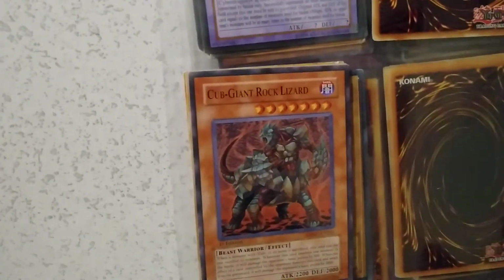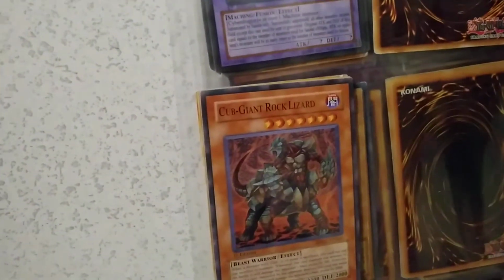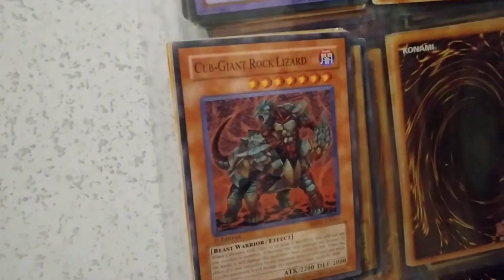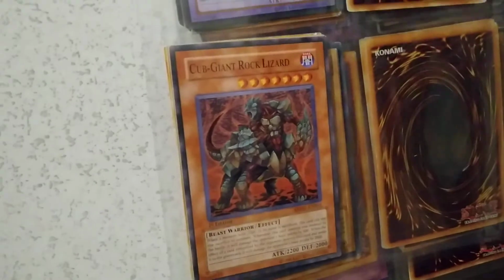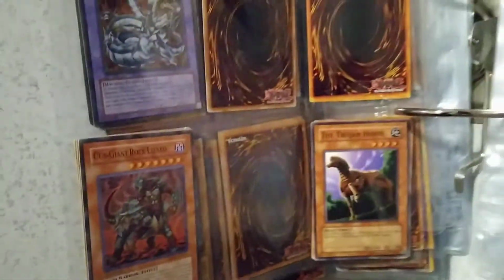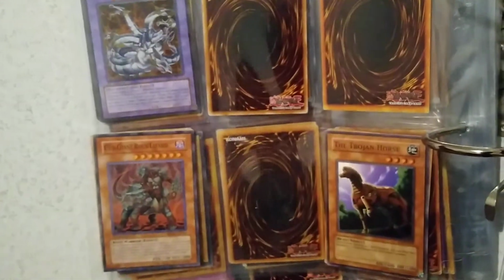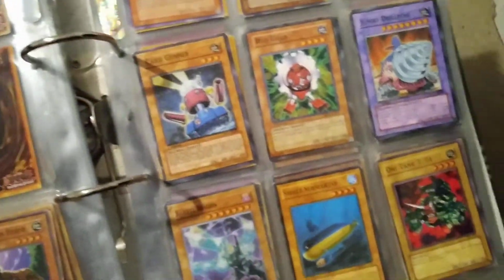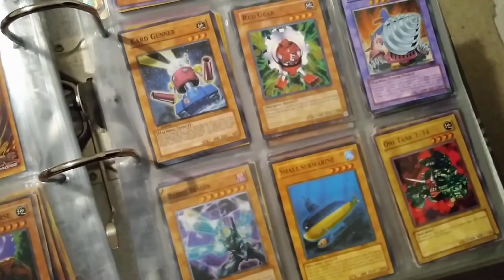And we have Cub Giant Rock Lizard. I'm pretty sure baby lizards are not cubs. Does anyone actually know the name of baby lizards? Because baby cats are kittens. We know that baby lions are cubs. Just... So I think